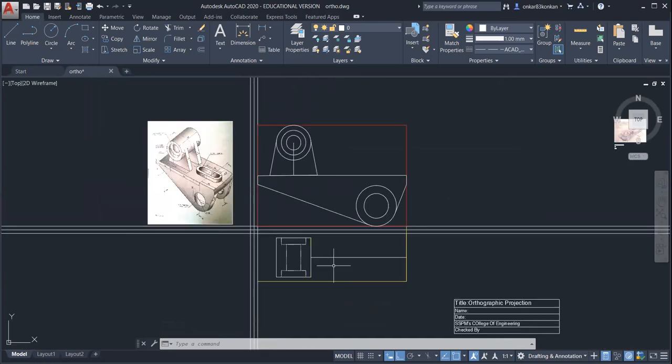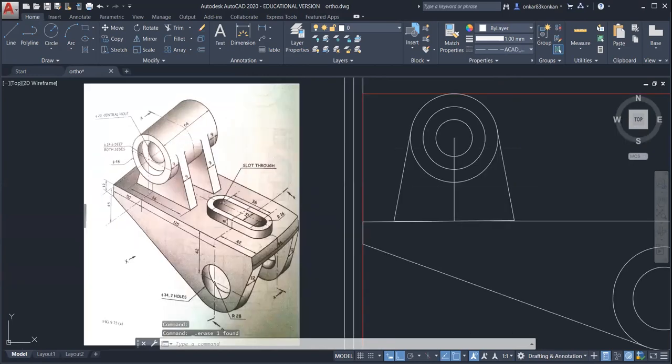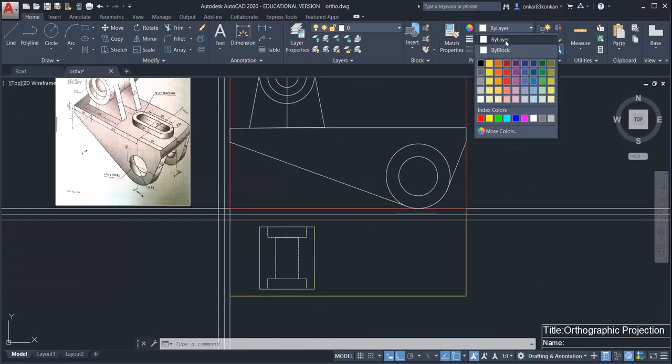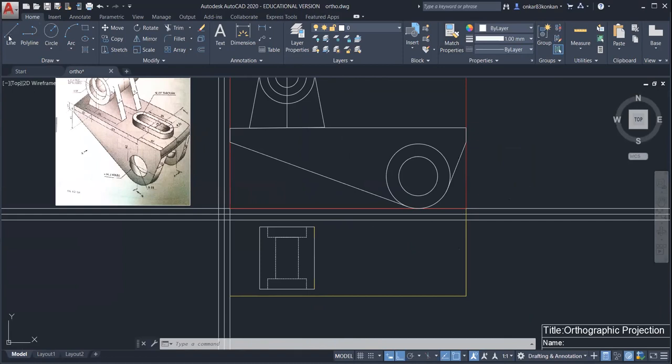And now complete the remaining top view. So in the top view, you can observe this complete rectangle. Okay, so this border. Select the bilayer in the line type. Again, select the bilayer in the color. Select the line and just draw this.